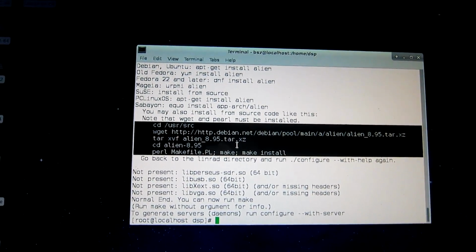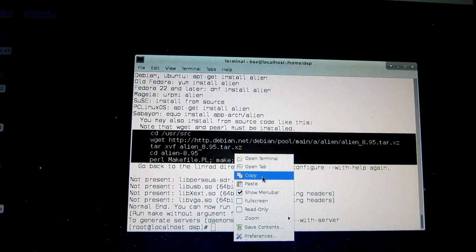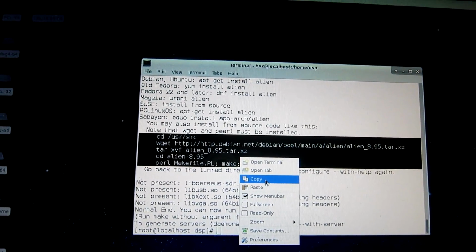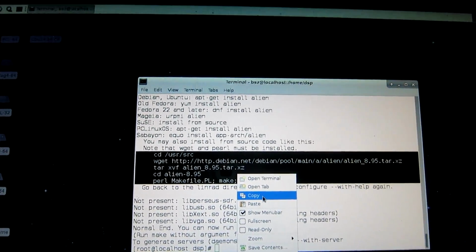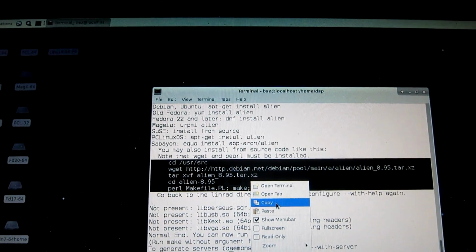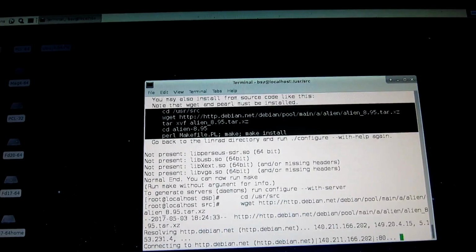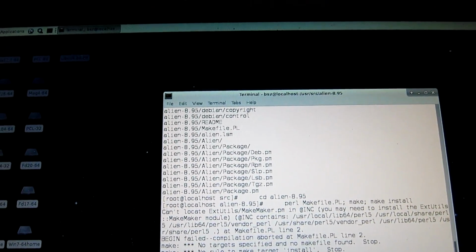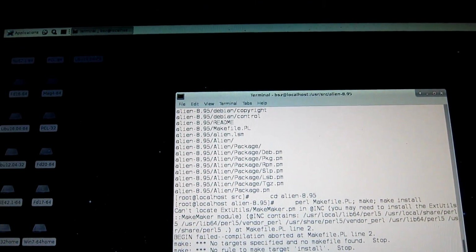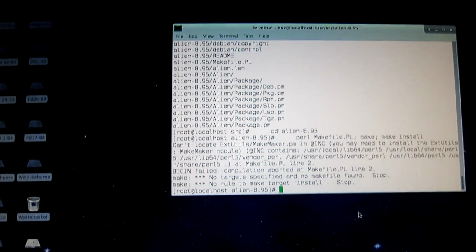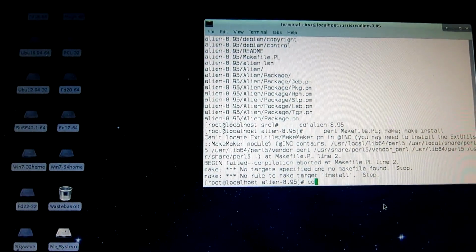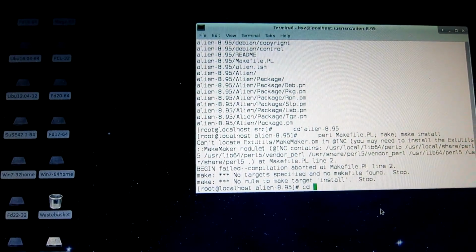Then you get all the install instructions for everything. And if you know what you want to install, that is going to be practical. But if you don't know, this will be much easier because you don't need a large number of libraries. So I go back to the linrad directory,